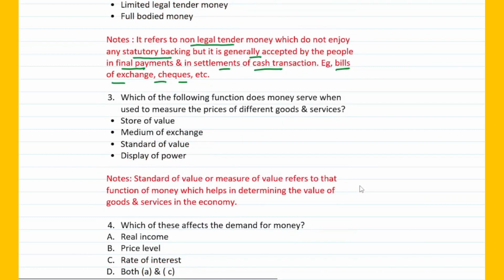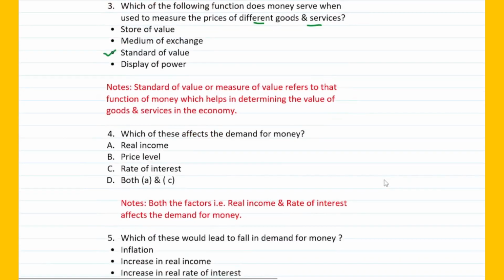Which of the following function does money serve when used to measure the prices of different goods and services? Okay, there's a small discrepancy in this. As per your book, the answer they have given is option B, that is medium of exchange, although I feel it should be standard of value. Now again, it's up to you to decide which option you want to select, although I would substantiate my answer with the help of this note, because standard of value, or what you also call a measure of value,